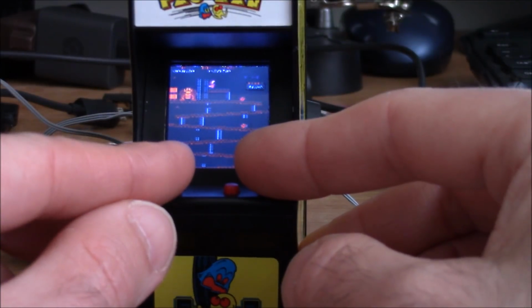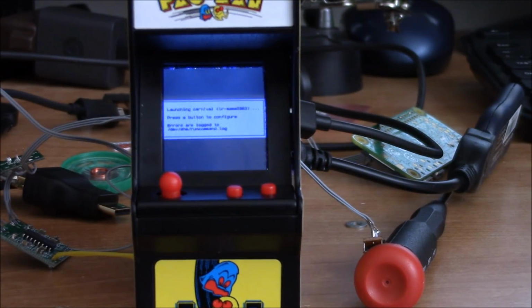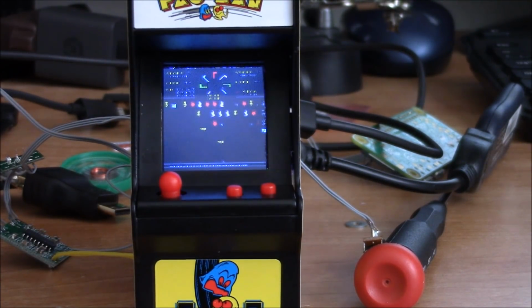And we have more than just Donkey Kong on here. So I'll hit my computer keyboard out here for a moment. And I have it set up to automatically load a few ROMs because it's quite impossible to read what's going on on the screen. So here we have Carnival running on a